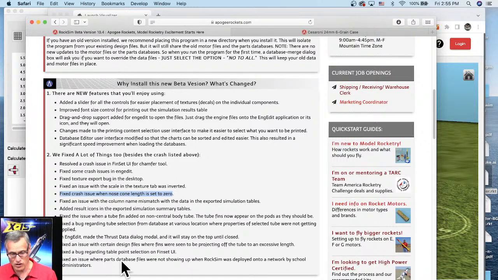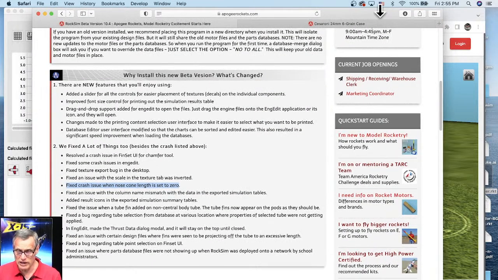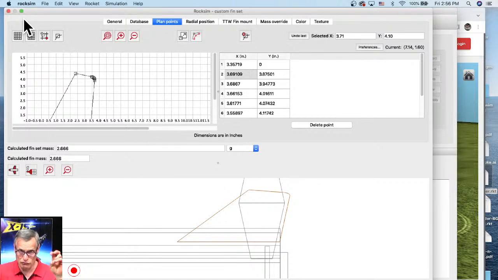So it's worth downloading it and trying it out. We're going to keep it in beta for a couple weeks. Let users comment on it, and if there's any other changes, then we'll change them. Once we turn it into the official version, what will happen is